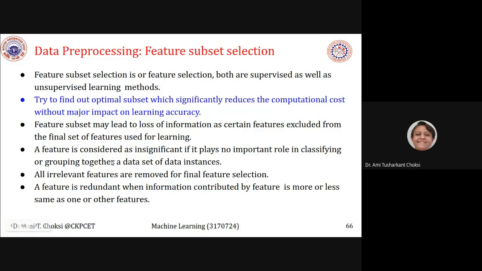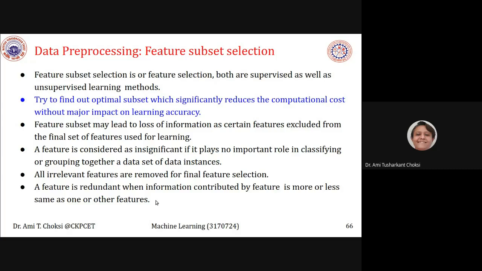A feature is considered insignificant if it plays no important role in classifying or grouping together a set of data instances. All irrelevant features are removed for the final feature selection. A feature is redundant when the information contributed by the feature is more or less the same as one or other features, right?